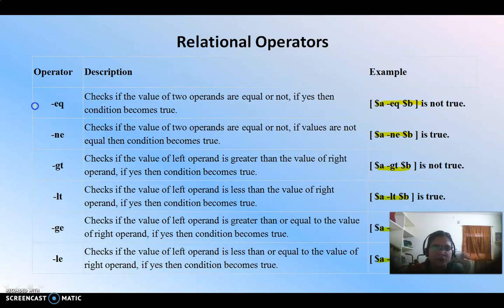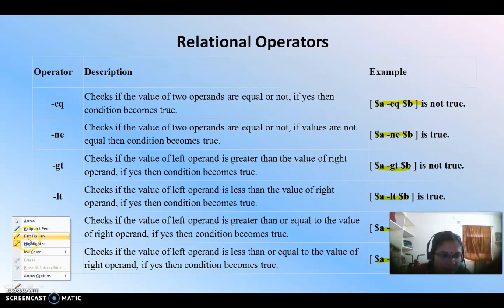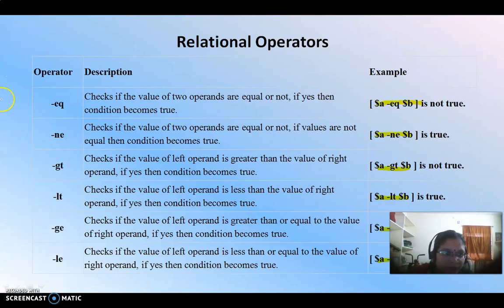Whereas in C, you can write them as equal to, not equal to, greater than. Like this you can specify them in the C programming language. This is represented as equal to like this, this as not equal to like this, and greater than or equal to will look like this. Lesser than equal to looks like this.